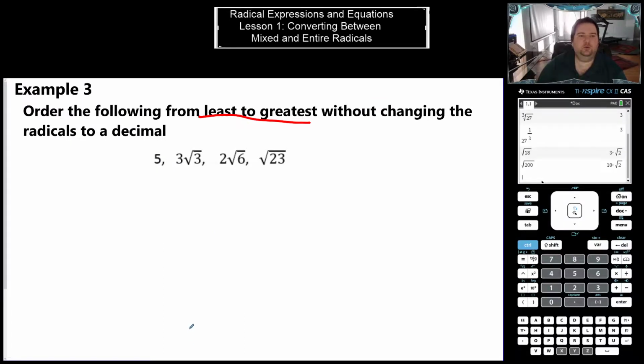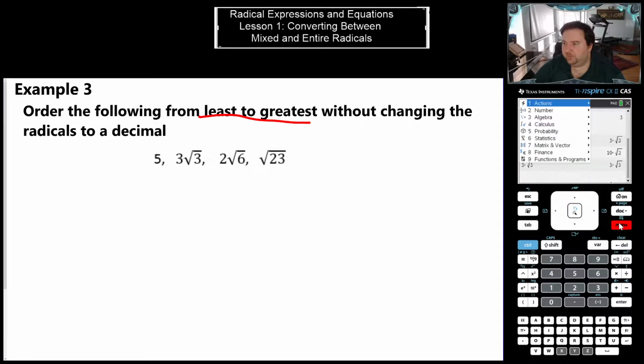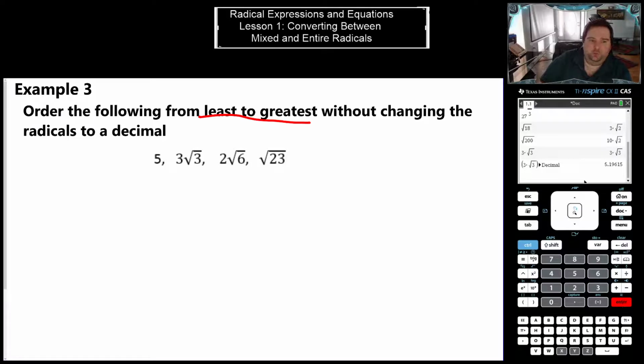Example 3. Order the following from least to greatest without changing the radicals to a decimal. So some of you are going to be a little tempted here to use your calculator and go 3 root 3 and see, oh, that didn't help me because of the way I've got my calculator set up. So I'll press menu, number, convert to decimal, and there we go. 3 root 3 is equal to 5.19615. And this is definitely bigger than 5. You could do this, but